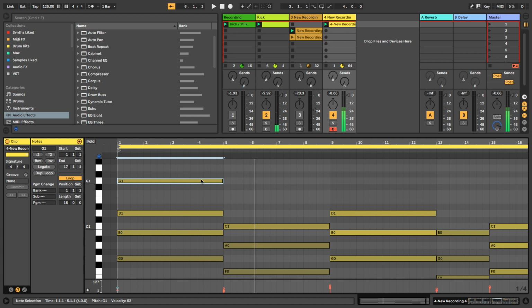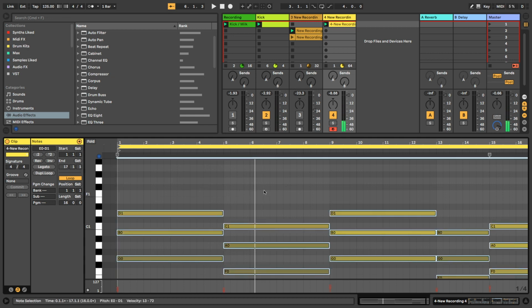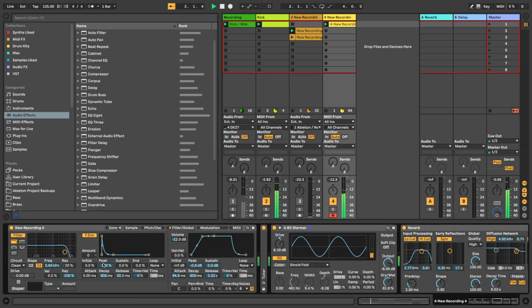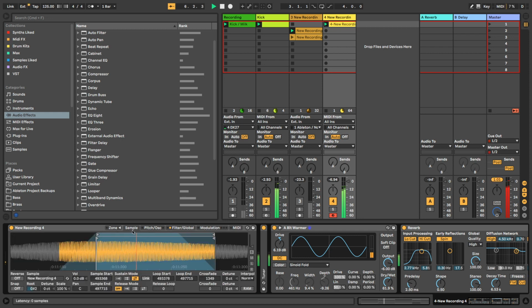I'm actually going to move all of these up a wee bit, I think. Up an octave maybe. And then filter out what I don't want. Very nice. Okay, so next up I want to go into